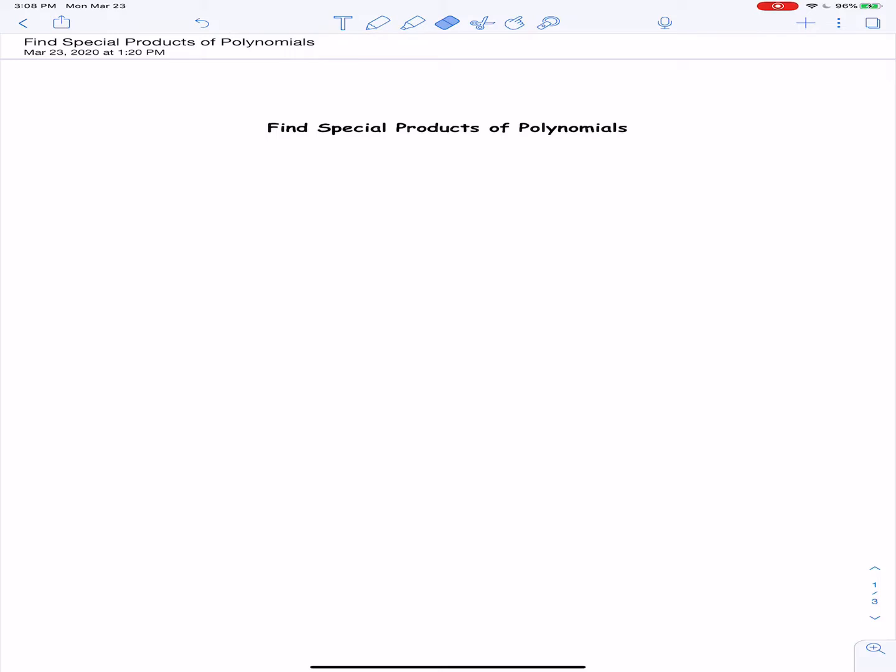The very first one we're going to do is looking at a perfect square where we have (a + b) squared. So the way that we do this is you're always going to square the first number and you're going to square the last number, and your middle term is going to be 2 times the a term times the b term. Okay? For example, let's look at (x + 5)